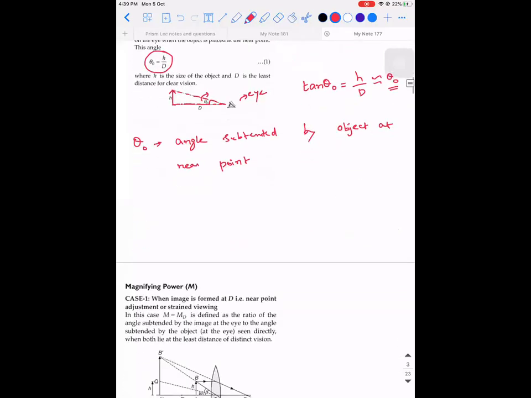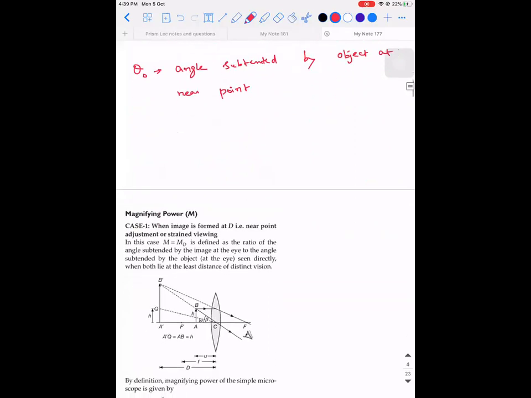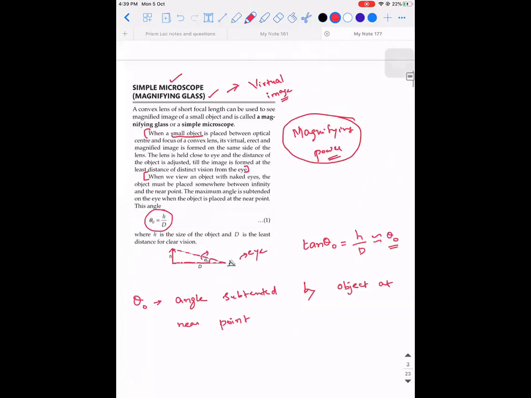Right? Now see. We are going to see a simple microscope. A simple microscope, as I told you, is nothing but a simple convex lens of a very short focal length. This is an important point to be kept in your mind. And one more important point I told you is the lens should always form a virtual image. So let's think the other way. When I'm saying it needs to form a virtual image, why do I need to use a convex lens? Why don't we use a concave lens itself? Because a concave lens always forms a virtual image only, no?